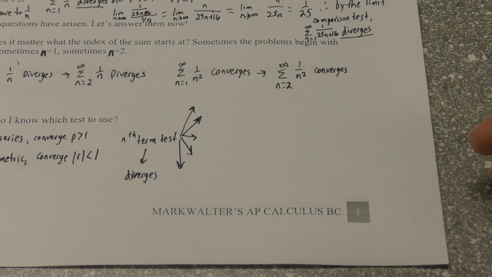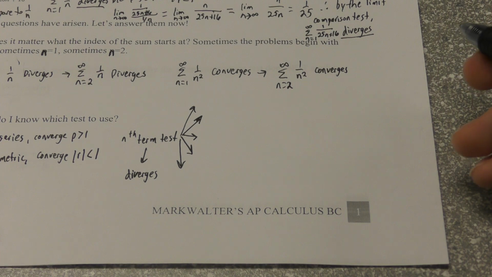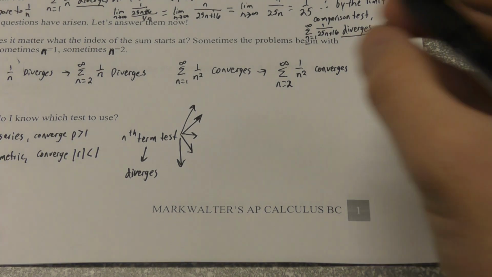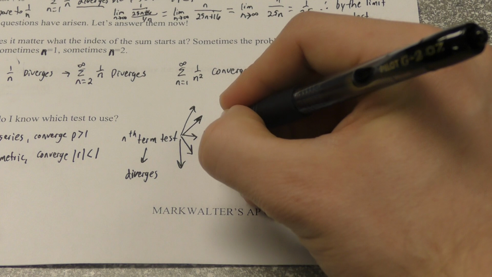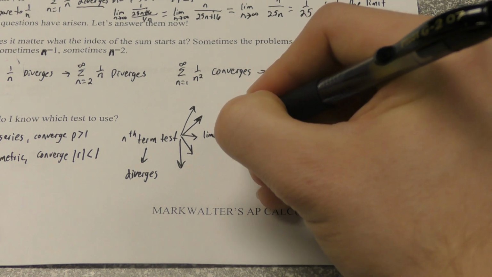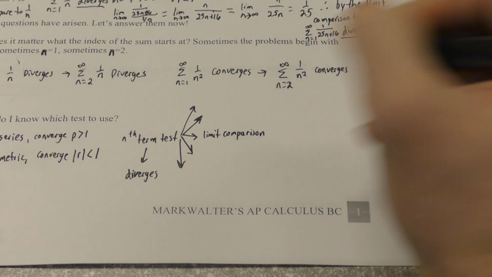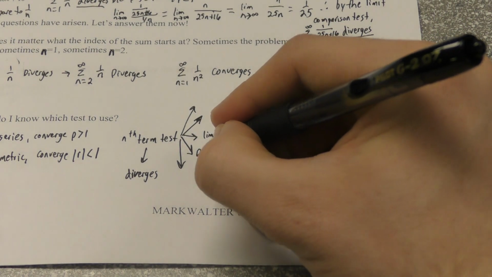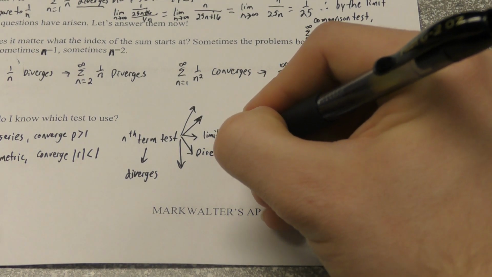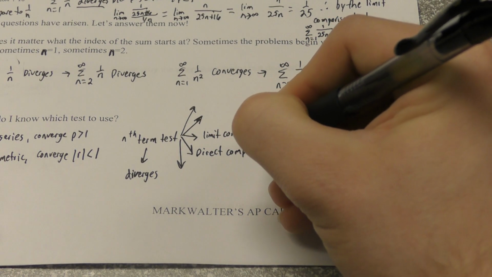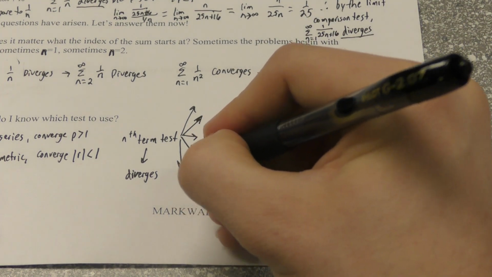Some of them are, in my opinion, easier to apply than others and are kind of nice. I particularly like the limit comparison test, if I can use it. But at this point, we've also learned the direct comparison test, the integral test,